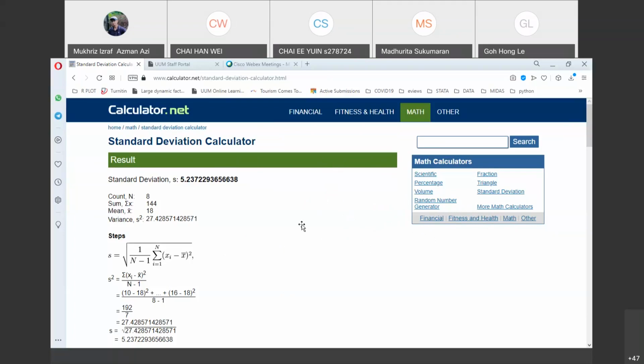Okay, the percentages of your data lie within k standard deviations of the mean. So we already discussed what standard deviation is, which is the measure of the spread of your data, the dispersion. From last week we learned that the higher the standard deviation, the more spread out your data is. Meaning you have data at low values, at middle values, and also at high values. But if your standard deviation is very small, that suggests that your data is clustered or grouped